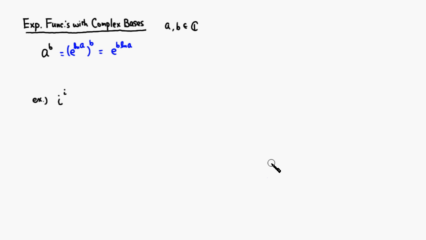Let's use that to try to understand i to the i. So what kind of value is i raised to the ith power? Following this definition, we have i is e to the natural log of i. Then you raise the whole thing to i, so you're going to have i here. Then we know how to find the natural log of i, so you have e to the i times the natural log of r, which is the absolute value of i, which is going to be 1, plus i times, I'm going to change the parentheses to brackets here,